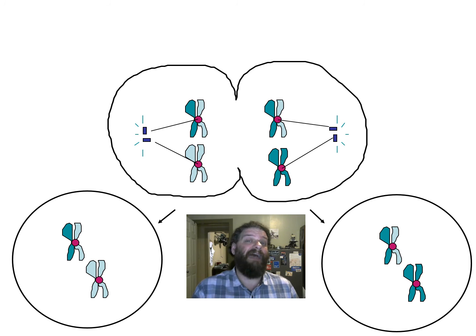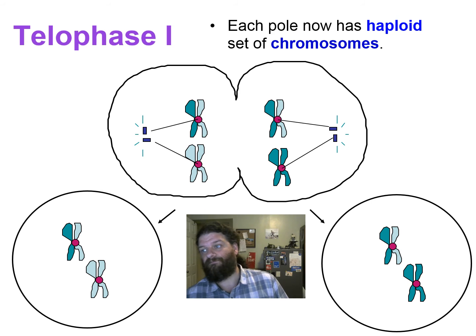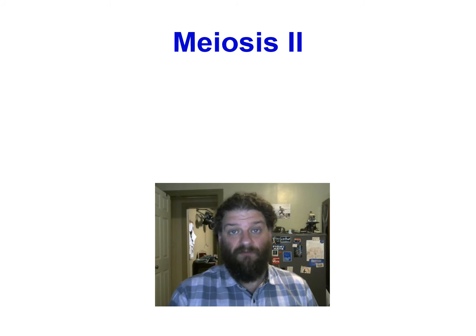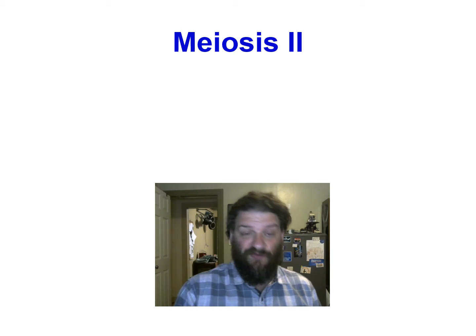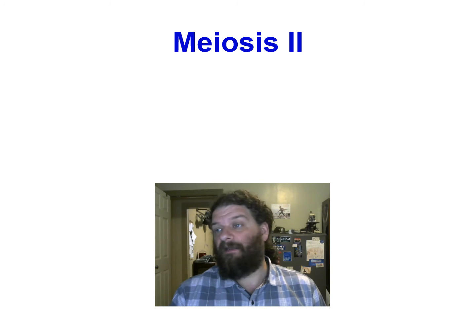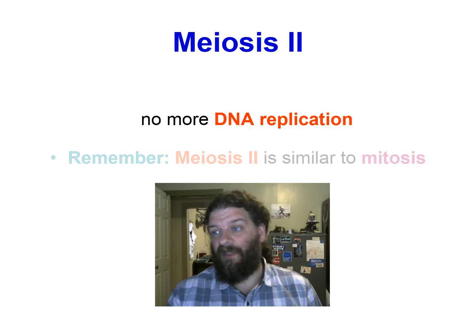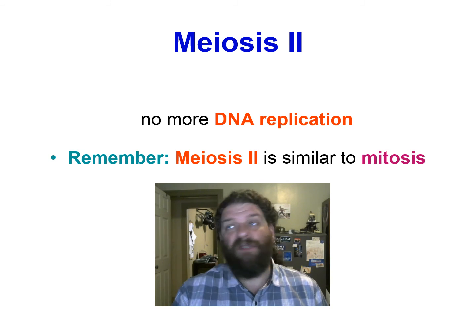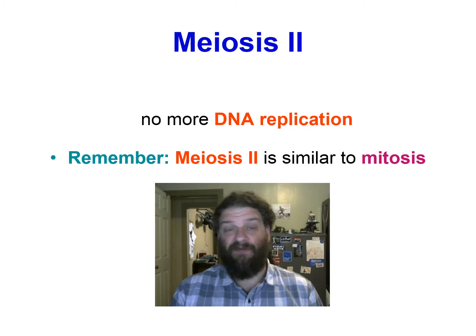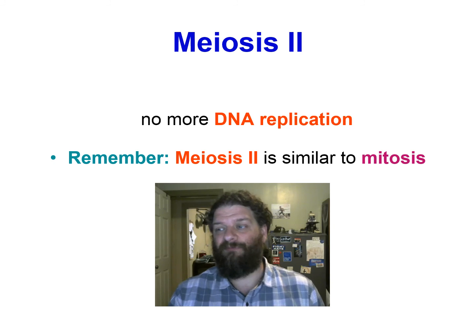And so we're going to need to have another round of prophase, metaphase, anaphase, telophase to take these double chromosomes and turn them into single chromosomes in another round of basically mitosis. Since those chromosomes are already doubled, when we go into the second round of meiosis, called meiosis 2, there isn't any replication of DNA. We already have those double chromosomes in position. So it's going to look just like mitosis, exactly like mitosis, except there's half the number of chromosomes.